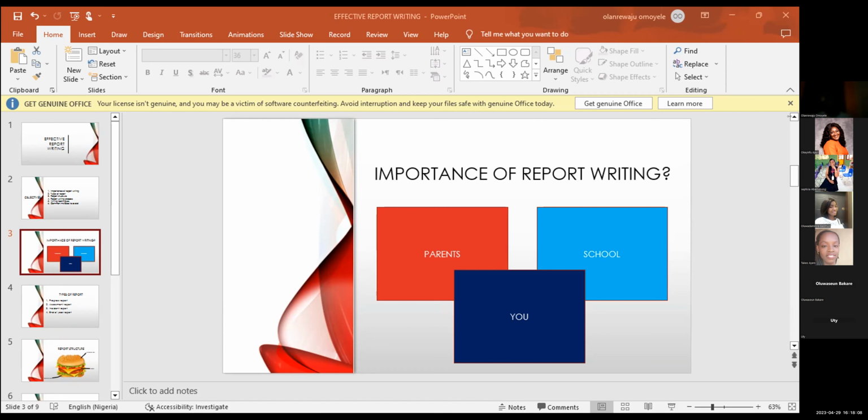If you work in a school where you practice subject teaching, you have a teacher for math, a teacher for science, a teacher for history and all that, and there's definitely going to be a main class teacher. It helps you, the class teacher, to know what is going on with the other subjects. At the end of this week, I've collected my report from each of these teachers. You can now use that to analyze and say, oh, I can see that this child is still struggling in this subject.